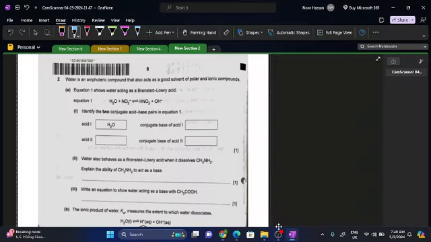Second question is, water is an amphoteric compound that acts as a good solvent of a polar and ionic compound. Equation 1 shows the water acting as a Bronsted-Lowry acid. Equation 1 is given to you. Identify two conjugate acid pairs of the equation 1. For the first one, acid is given to you, H2O, and you need to find the conjugate base for that